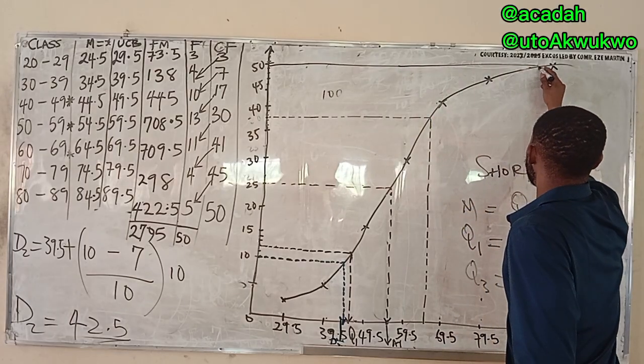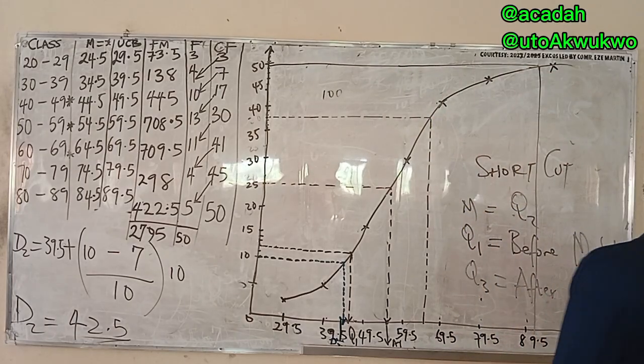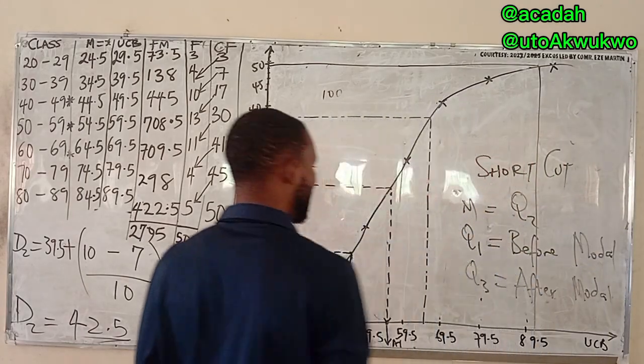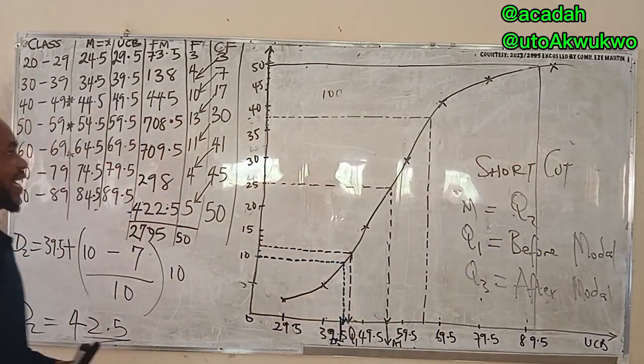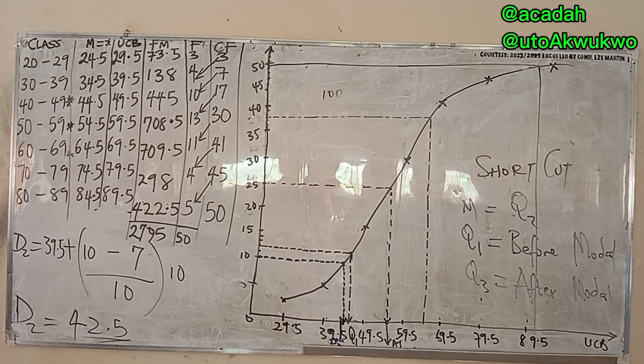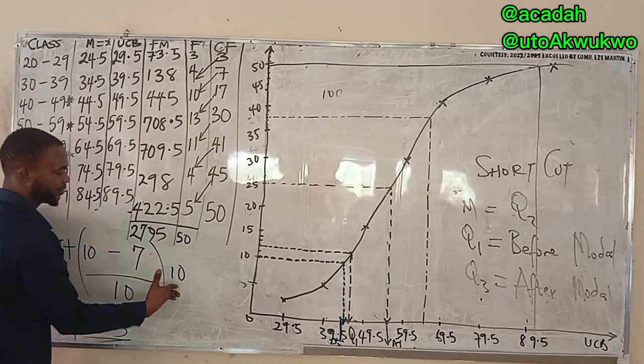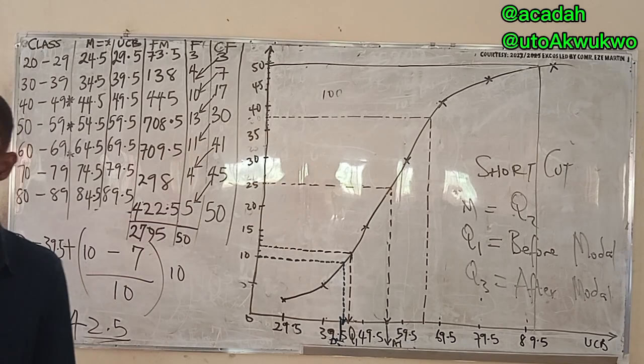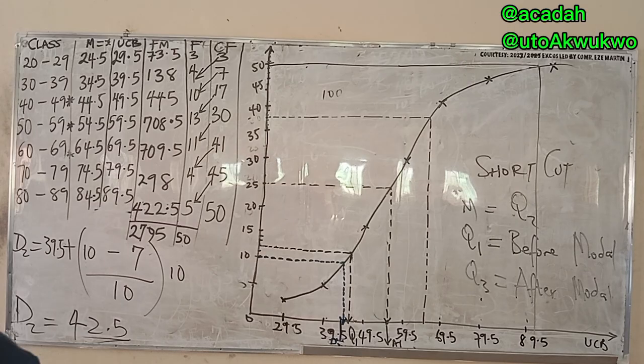So now at this point, locate this. Somewhere around this is giving that. But the key idea is simply using whatever value you get by doing that division to locate the class. Now when you have located the class, you carry it into this formula. And so that is all about measures of location.